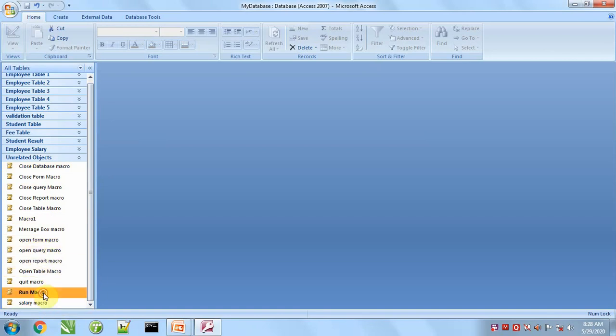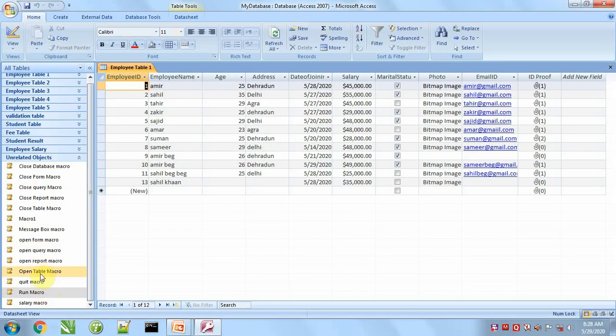We can look here, it invokes open table macro, and open table macro opens the table. So like this we can make a macro to invoke another macro. So in this tutorial I explained how we can use macros and what the working of macros is.